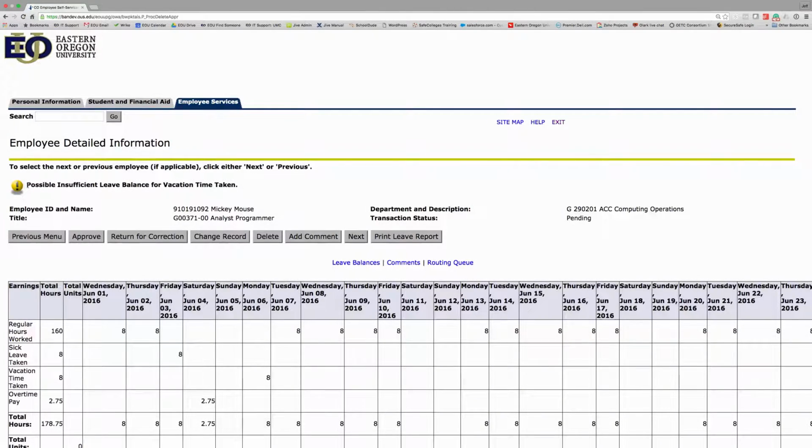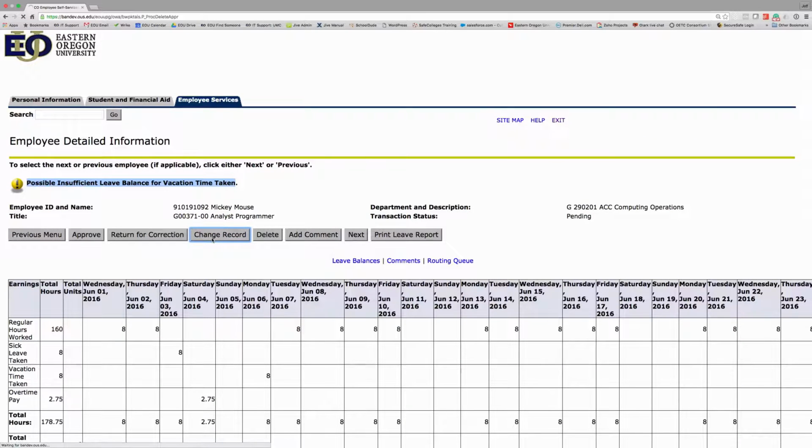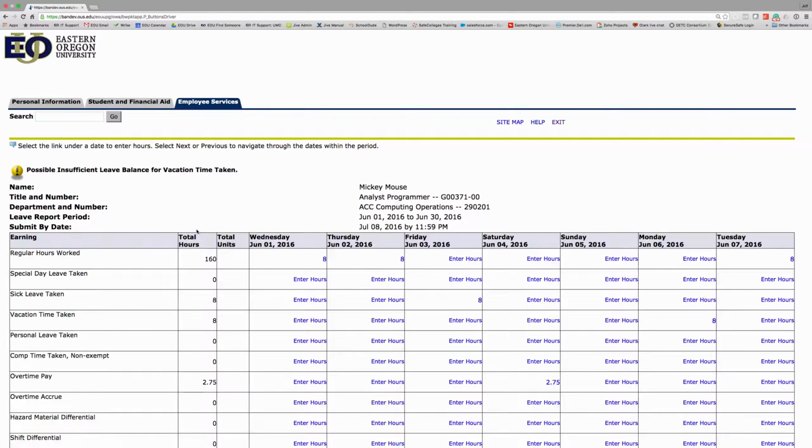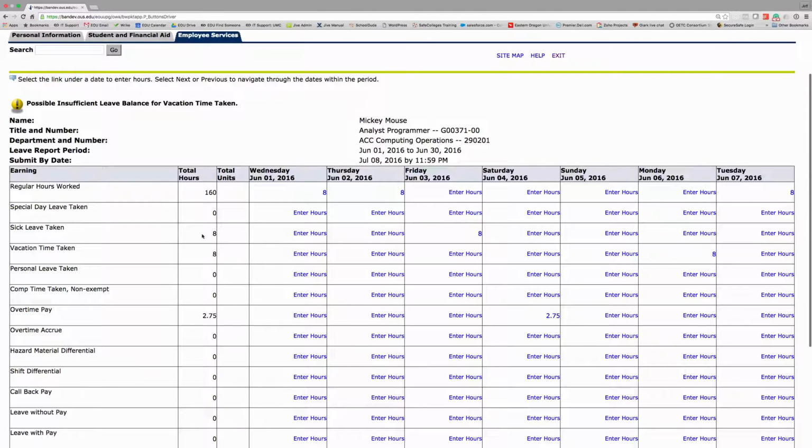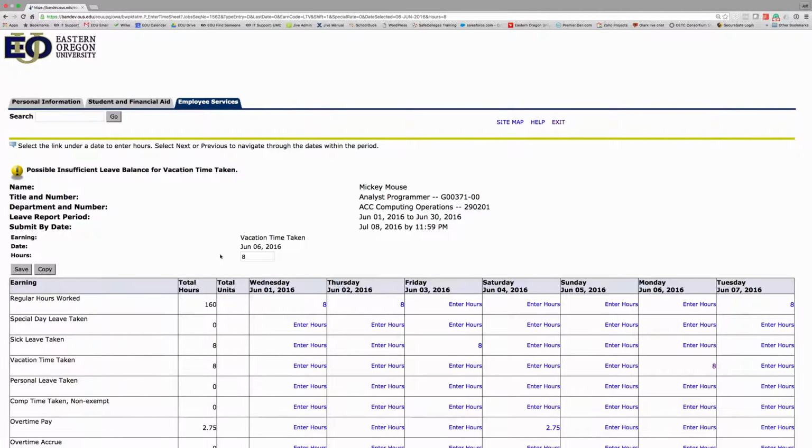The other thing you do have the option to do is, since this person has an insufficient leave balance, if they're not available to correct the timesheet themselves, you as a supervisor have the ability to change records. I will show you how to do it, but I will also give you suggestions on what you should do when you do it. So the first thing, obviously, this person doesn't have any vacation time to use, so we're going to delete this, save copy,